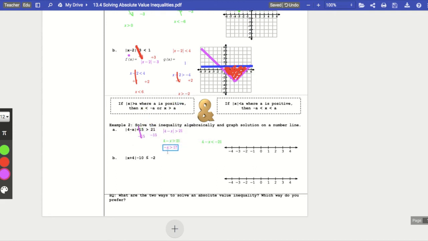And then when I divide by the negative 1, the inequality flips, if you remember. So I'm going to have that x is less than 17. Looking ahead to my number line, I'm not going to have enough room for that, but we'll deal with that in a second. So then now I'm going to, again, subtract 4, so then I get negative x